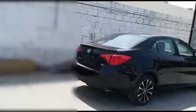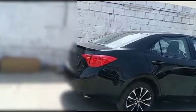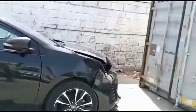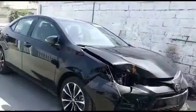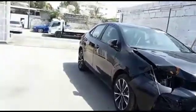Let's go inside. So this is a Toyota Corolla. I think this is a 2016, but I'm not sure of the model. A bit, like, from the right side there is an accident. Okay,